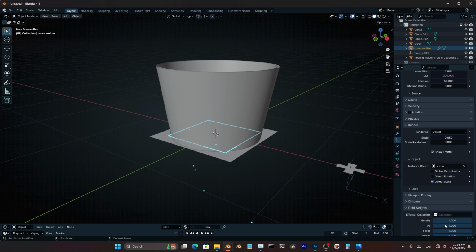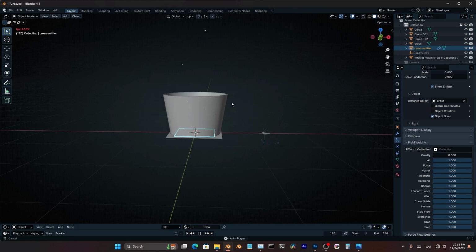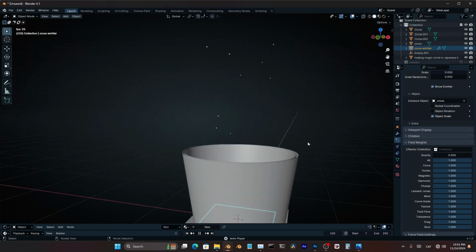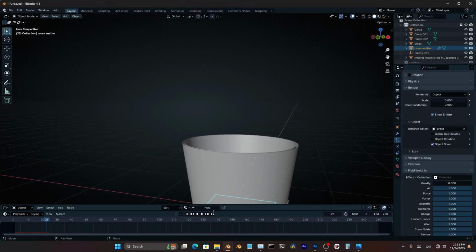Let's go to the field weight. For the gravity, I'm going to use 0. Okay. And they are shooting outward, and they are so fast. First, let's add the timeline here to see. I'm going to end this animation at 150, and I'm going to increase their scale because they are so